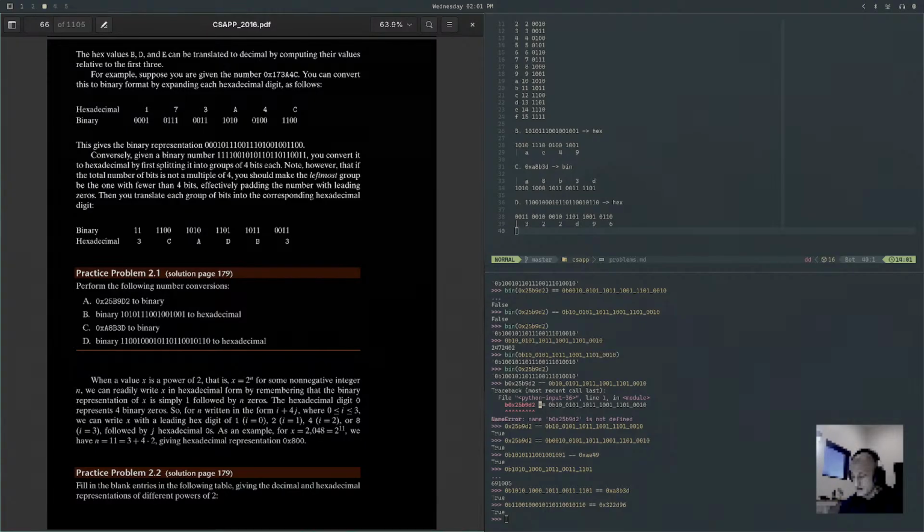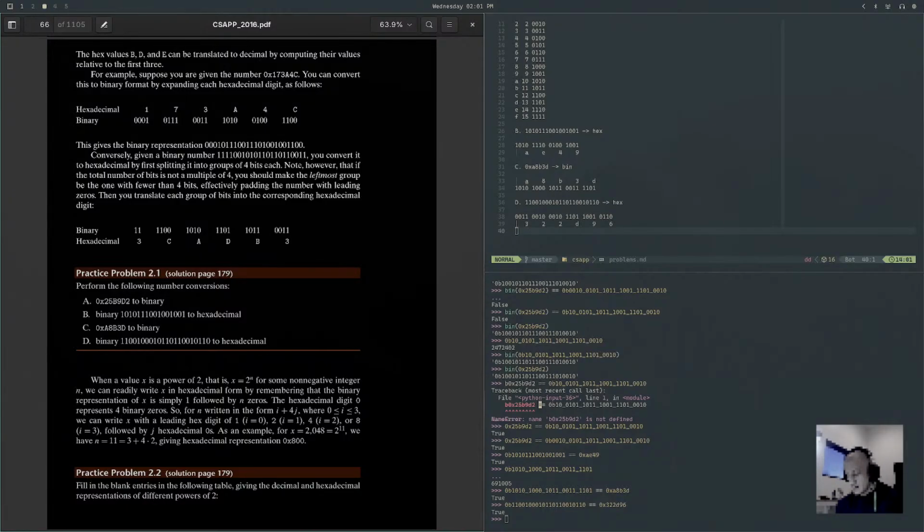So where I is between 0 and 3 inclusive, we can write x as a leading hex digit of 1, 2, 4, or 8,